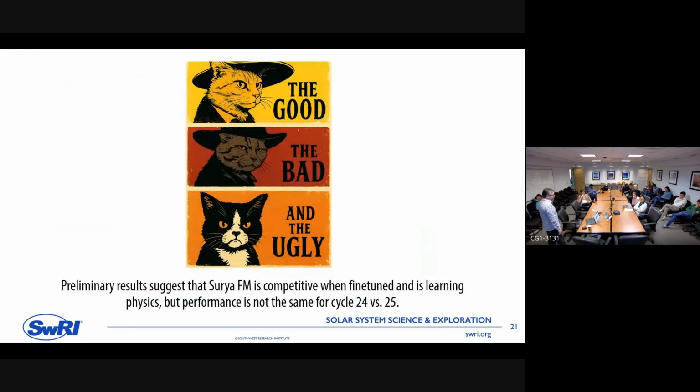Okay, so as I told you, there is a preliminary result. We did several of these, and we don't have them all implemented yet. The good news is that Surya is competitive when it's fine-tuned against our internal baselines. Now, we have not sat down to see if Surya is outperforming anybody in the field or anything like that. But based on our own prior work and our own internal baselines, this is competitive, we chose one of the objectives.